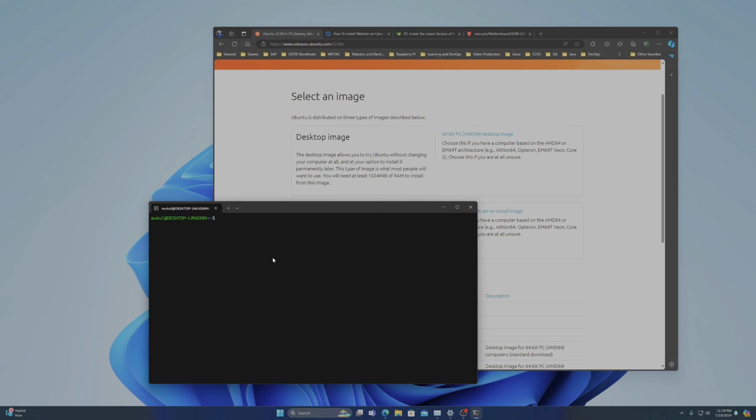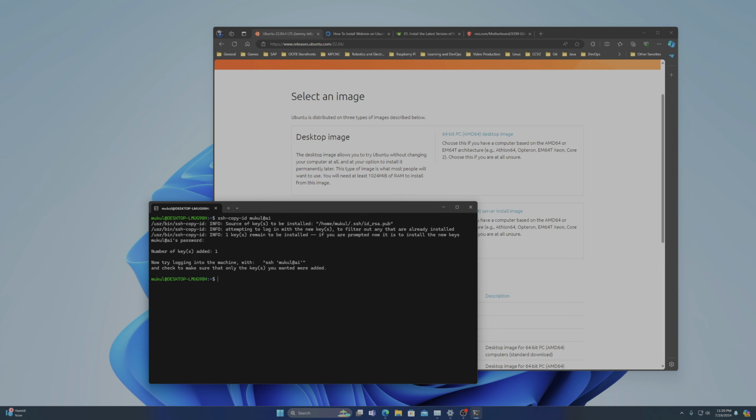So what I need to do is ssh-copy-id, and you can type the username@AI, right? So Mukul@AI, this is my username, and AI is my remote machine, and it will now copy the SSH key pair into the remote machine, right? So this is the username and remote host, and I'm going to hit enter, and it will attempt to copy it, and it will ask for the remote machine's password, and you will provide the password and it will copy it